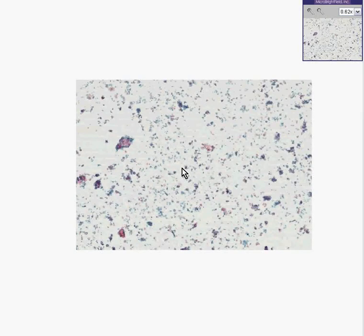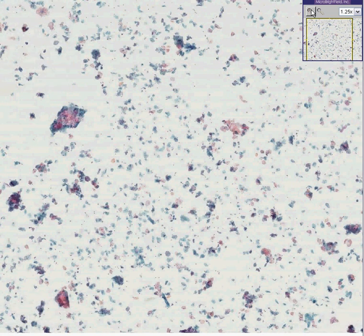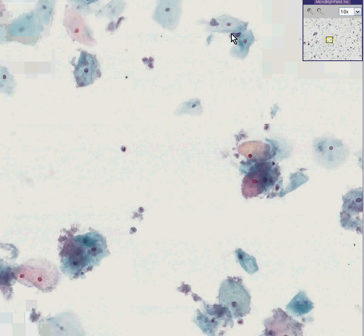You know, once again, this is a pap smear. It's not a tissue stained with H&E, but it is a smear of an organ, a cervix and/or vagina, which has been smeared onto a slide and stained with a stain that's similar to H&E. It's the Papanicolaou stain, in which you can see nice nuclei that appear dark and cytoplasm that appears blue